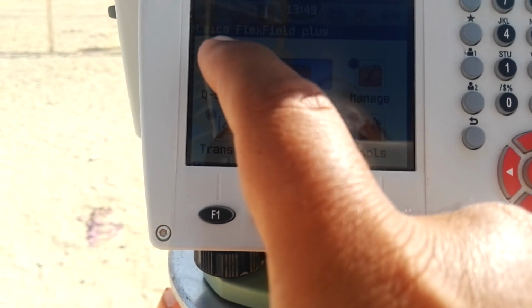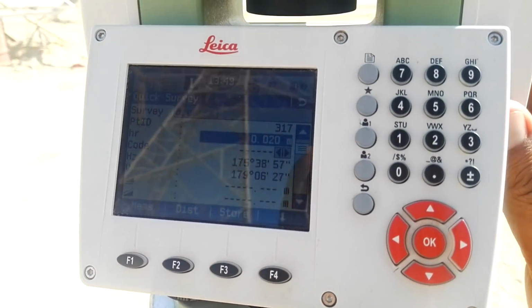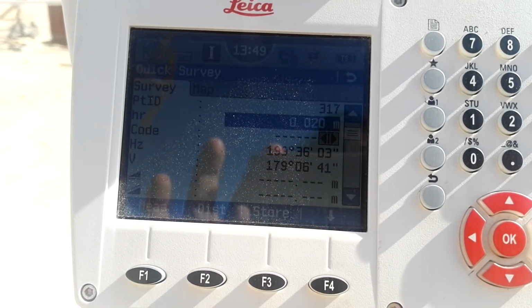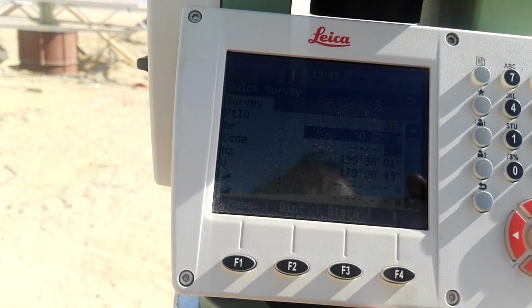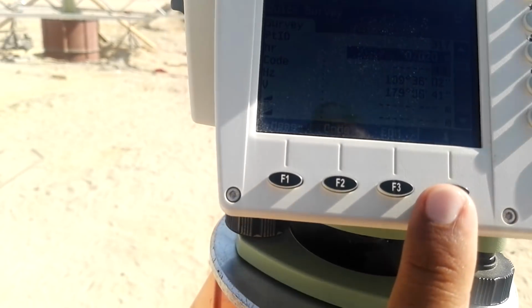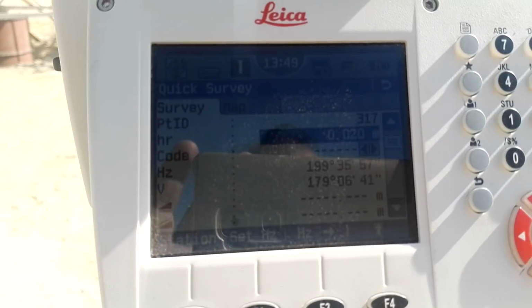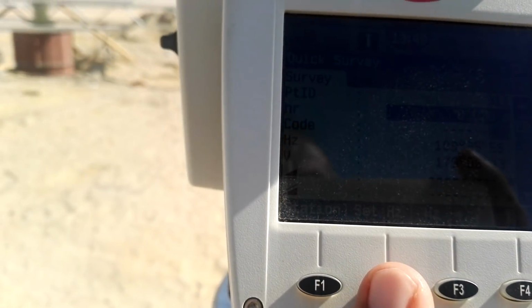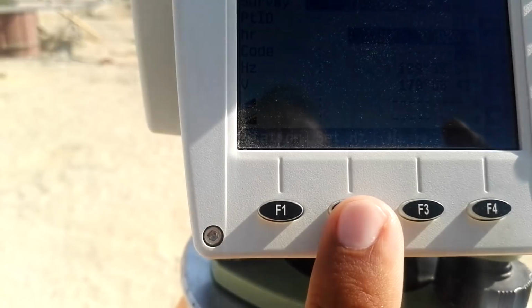In the Q Survey, if I click here, we have a display. I press the F4 key, and then again, and then on the F1 key I have Station and Set Edge Set. So what I will do is simply press F2.